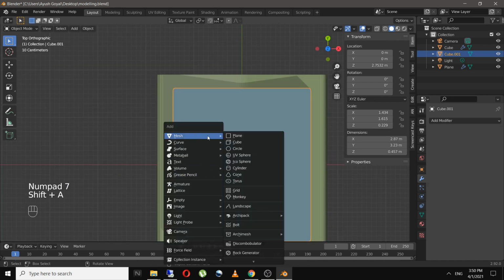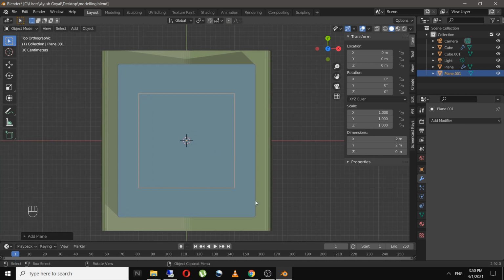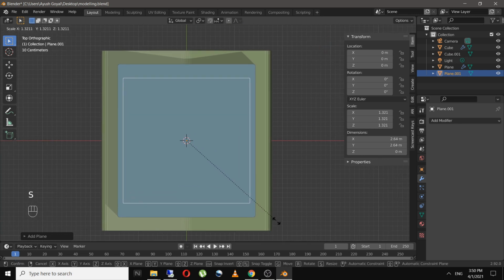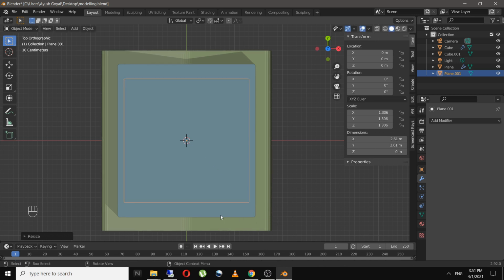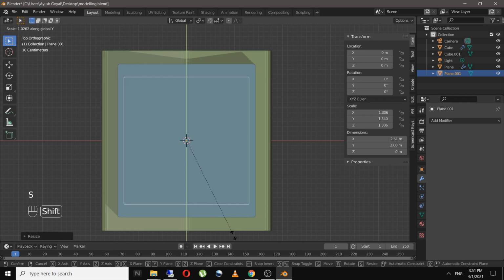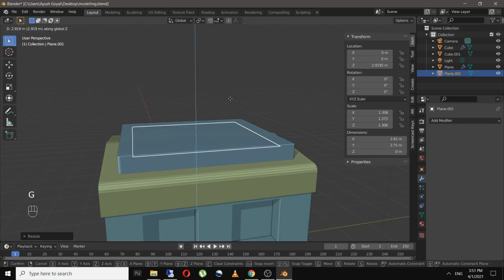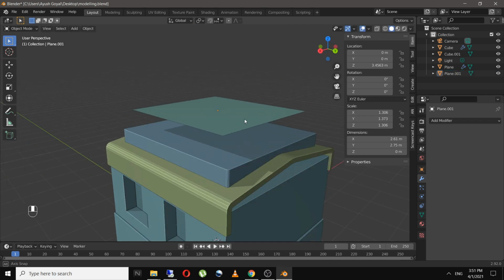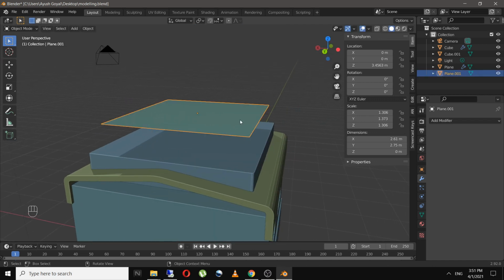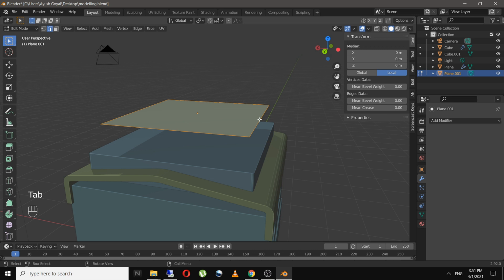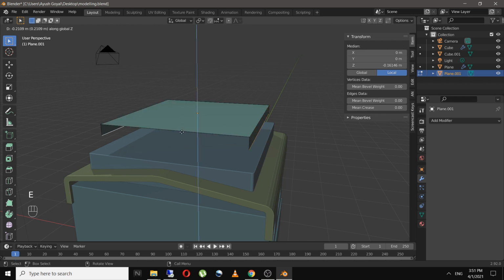And I'll add another plane just like this. Scale it on Y as well. Bring it above. And I will select these two edges, and extrude them on Z axis just like this.